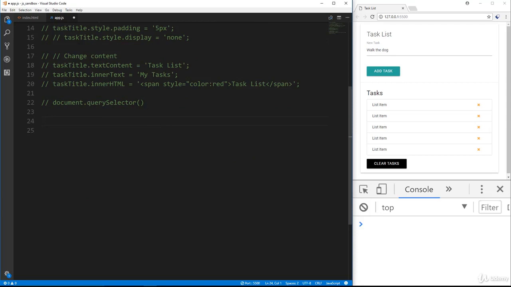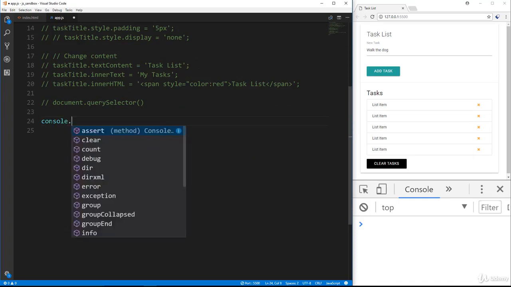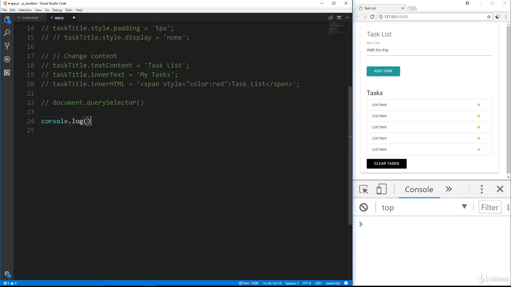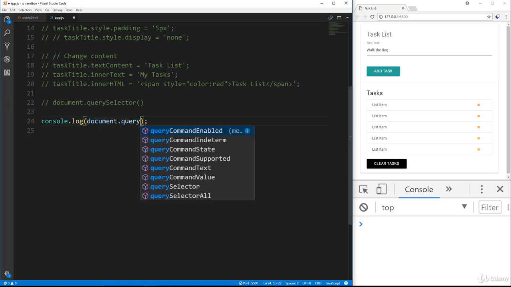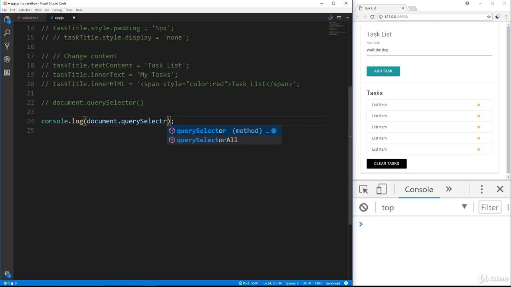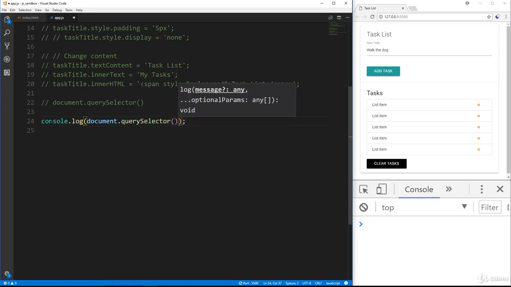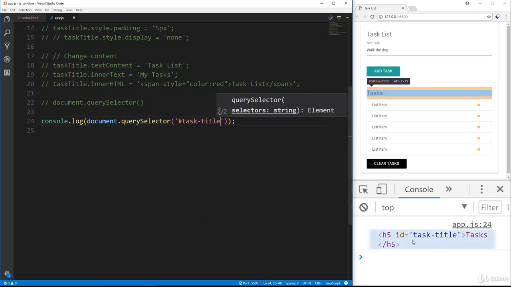You can put any CSS selector in here. Alright, so let's go ahead and do console.log, and let's say document.querySelector selector, and we can get something by its ID. So we would just put a hash in there, just like we would with jQuery, and we'll say task-title and save, and you can see we can get that